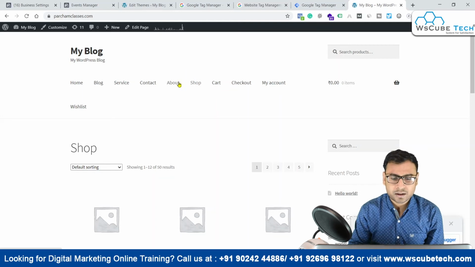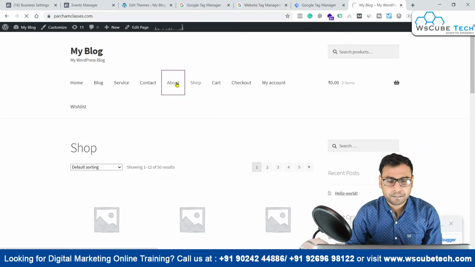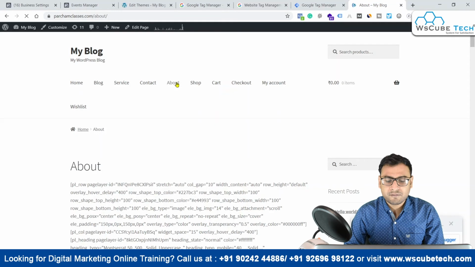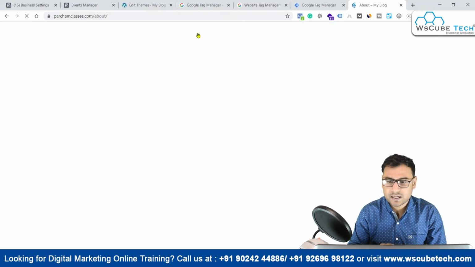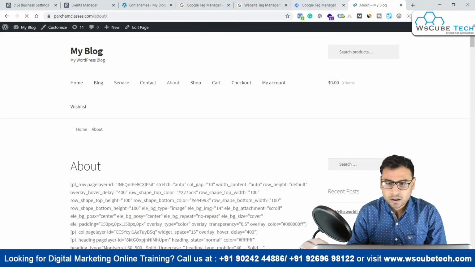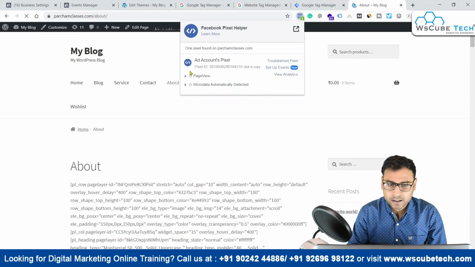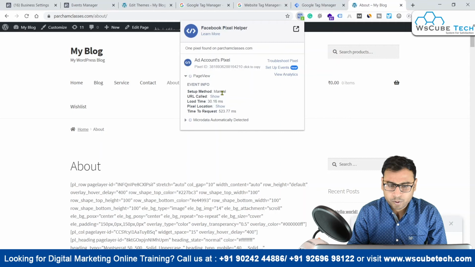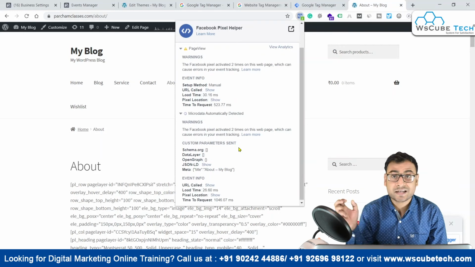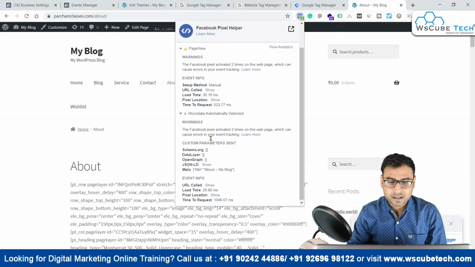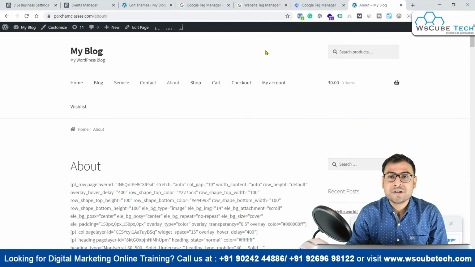So let's go to another page, like we are going to the about page of this website, and let's see if we can find Facebook pixel over here. Now please ignore this thing, right, because this is just a demo website over here. Now you have Facebook pixel installed over here, and it is again tracking the page view, right? It is tracking the page view, and then there are other micro data also which this pixel is tracking, right? And it is sending this data to the Facebook ads account. Fine. So this is how we install our Facebook base pixel on our website.